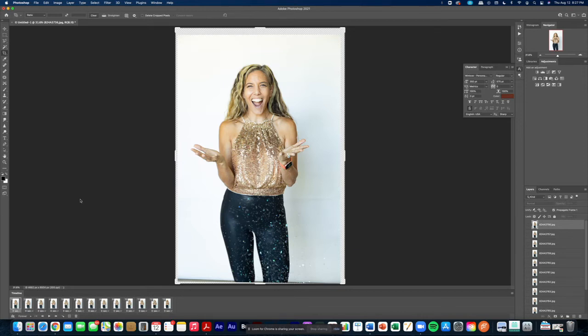One of my favorite things to do is set the time on each clip to all of them. So if you click on one of them, hold down Shift, and then click on the last one, it will select all of them. And then we can just click this drop-down menu right here and go to 0.2 seconds. And then we can preview the GIF. So if we hit the play button right here,